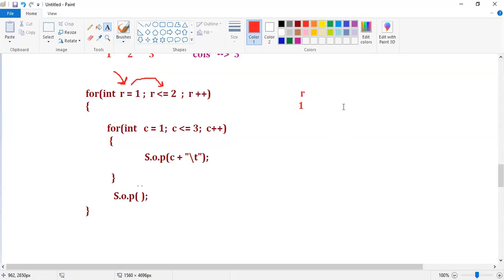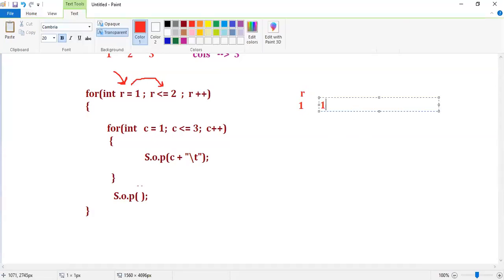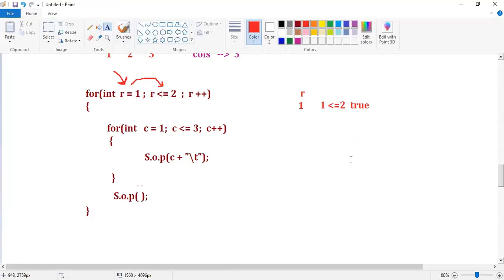It checks 1 less than or equal to 2. The condition is true, right? When our condition is true, control will come inside.